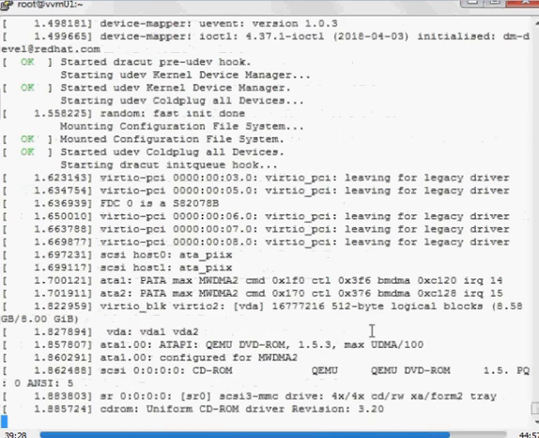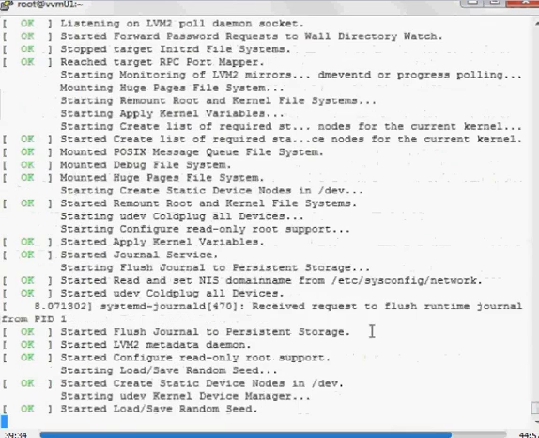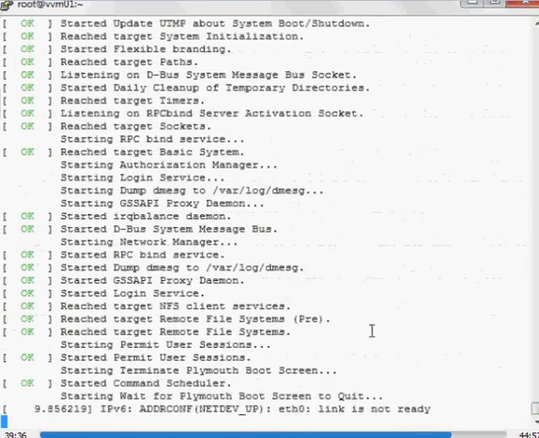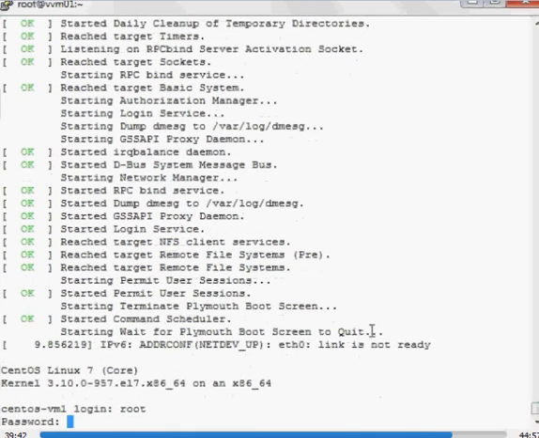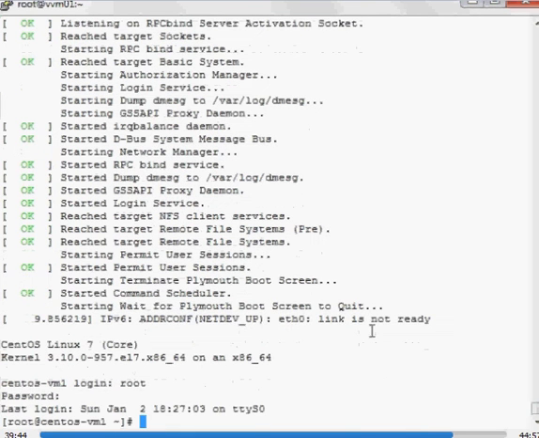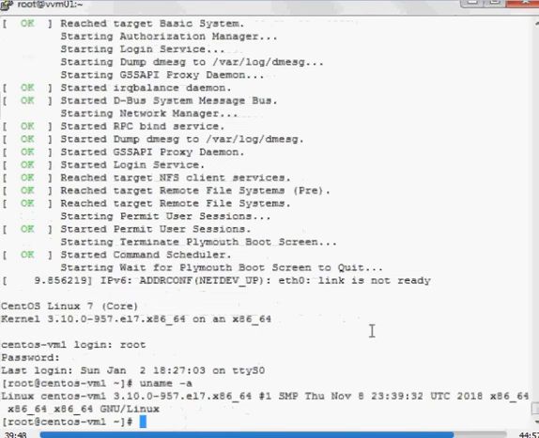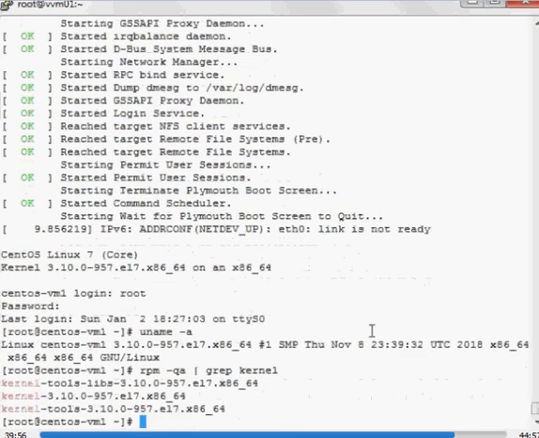Reboot is not mandatory because the kernel was not active. Now you can see the server is up and working fine. Let's check the kernel. So you can see the 957 kernel and the kernel packages also.